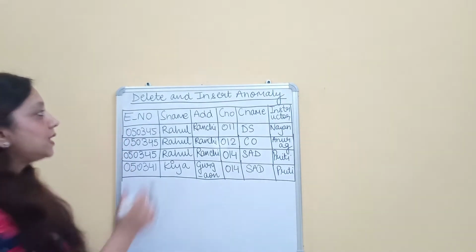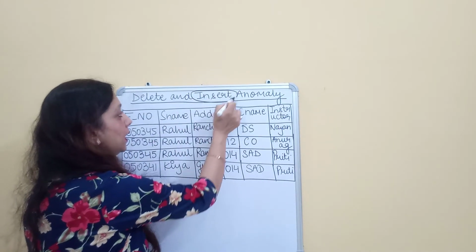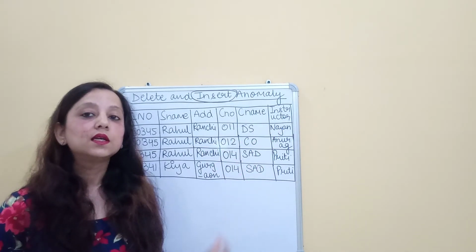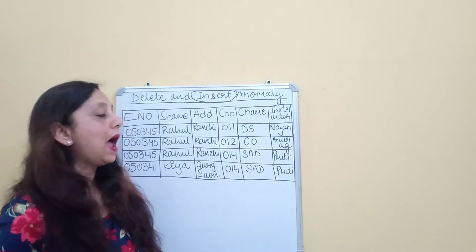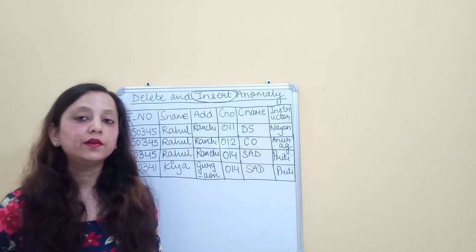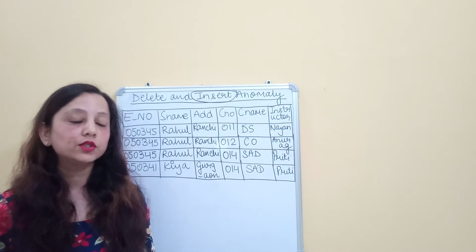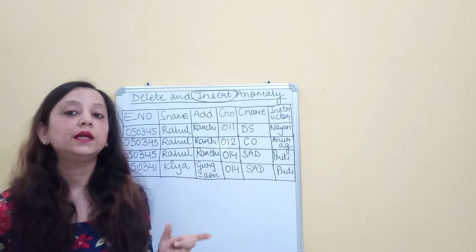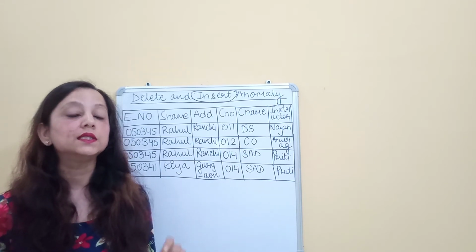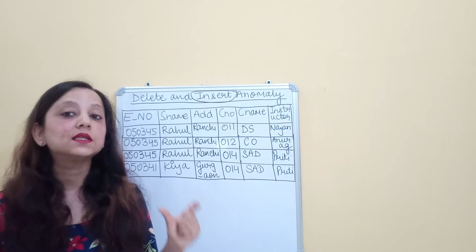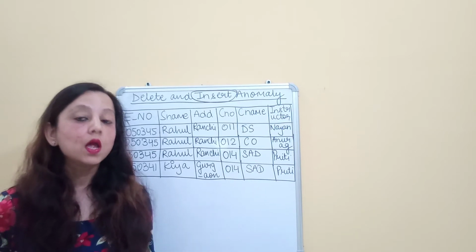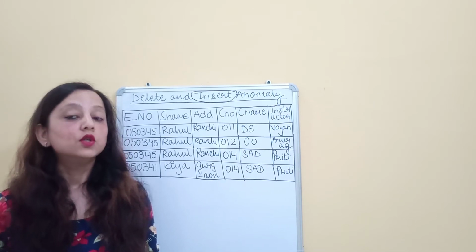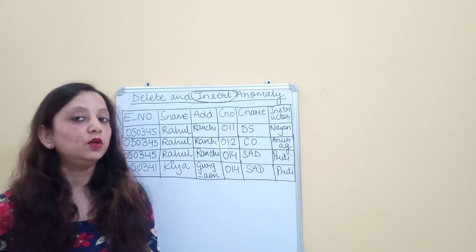Now first of all, let's have a look at the insert anomaly. That is an anomaly that arises when we try to insert data inside this table. As per the entity integrity constraint, whenever we want to store a new tuple inside an already existing table, it should be inserted in such a manner that it has a value for the primary key. As you know, the primary key value can never be null. So this is a constraint that the primary key value can never be null.